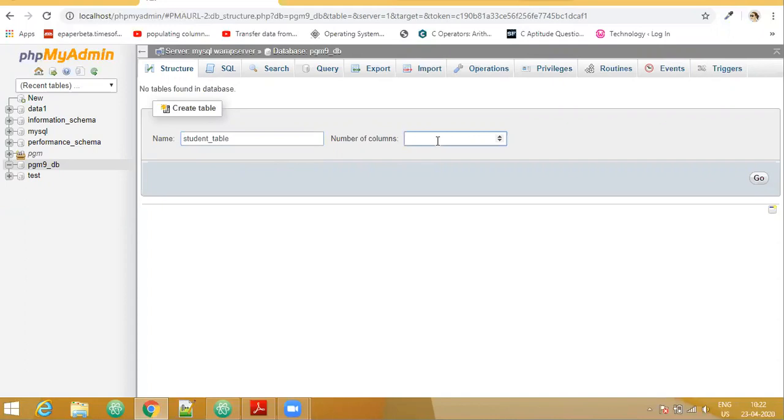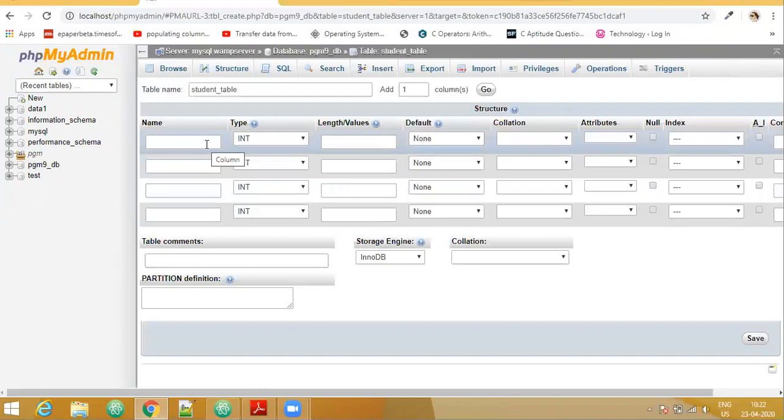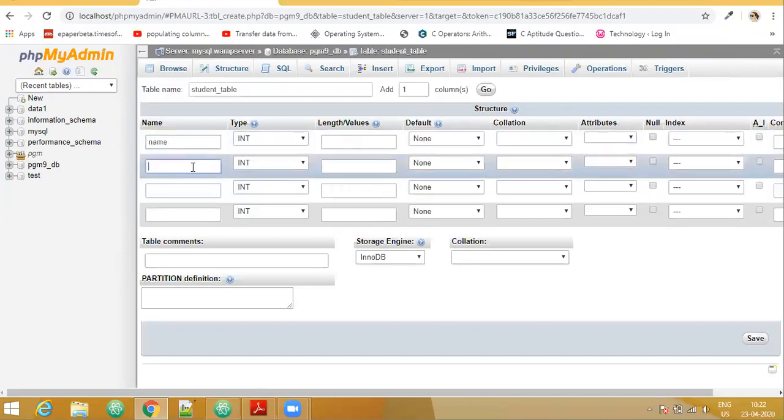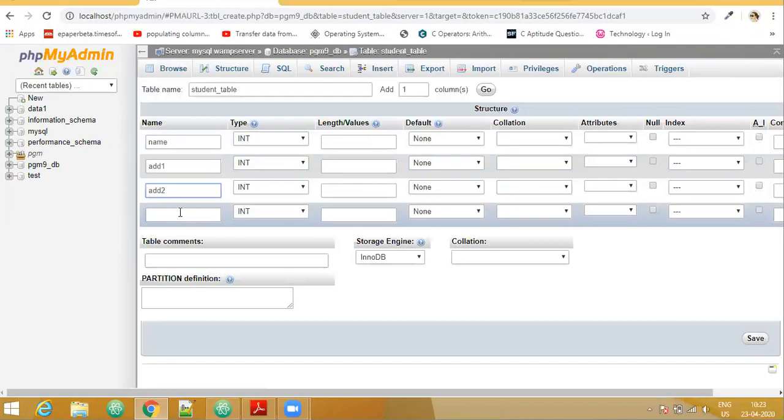Now the number of columns that we require are 4. One is to store the name, then address 1, address 2, and the email. We have to specify here the first field name, second I'll say address 1, address 2, this is the email.